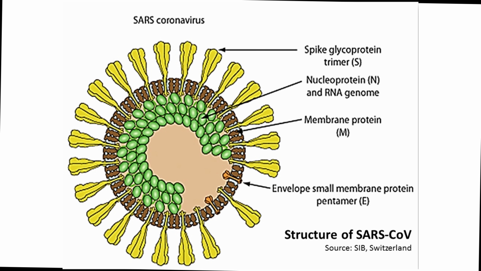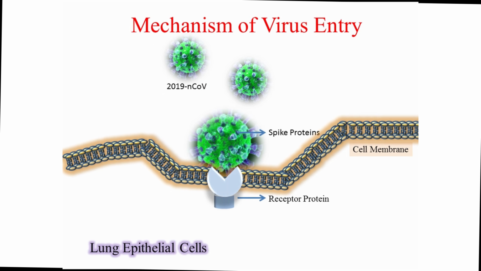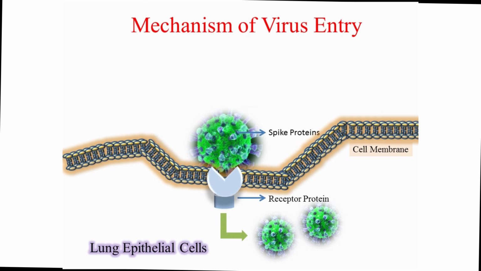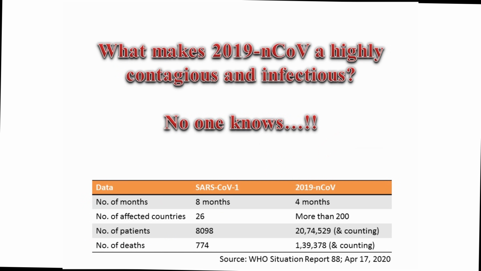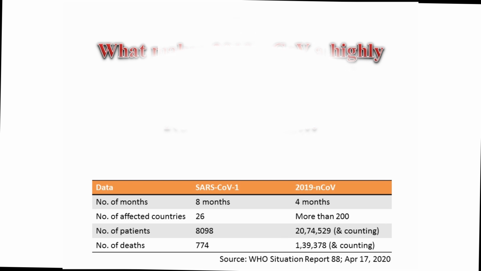Coronavirus is a highly contagious virus that causes infection to the human respiratory system by binding to lung epithelial cells. Coronaviruses have spike proteins on their surface through which they attach to the host cells and gain entry into them. The infectivity of the 2019 novel coronavirus is unimaginably higher than all previously known coronaviruses, and the reasons are largely unknown